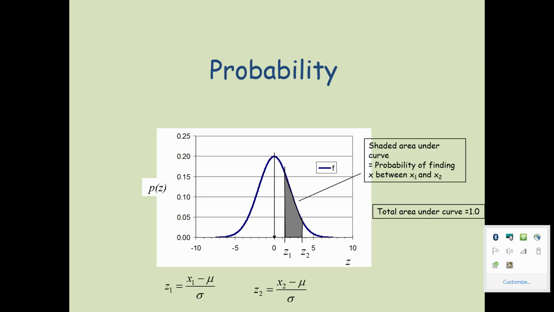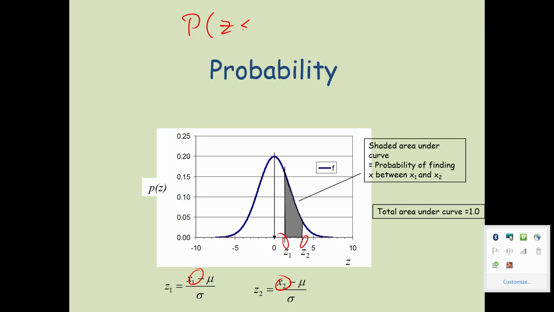We can also look at the probability shown here. Let's say I want to know the probability that the value of x will fall in the range between x1 and x2. Here this is plotted with the normalized random variable z, where z1 is equal to x1 minus mu over sigma, and z2 is equal to x2 minus mu over sigma. So here we want to know basically the probability that the variable will fall between x1 and x2. We can determine that by taking